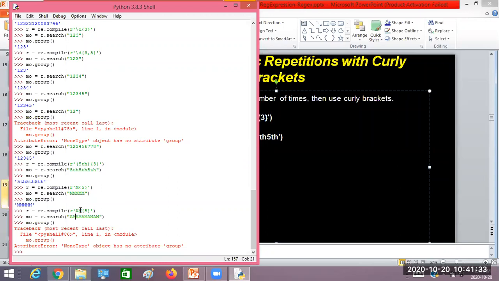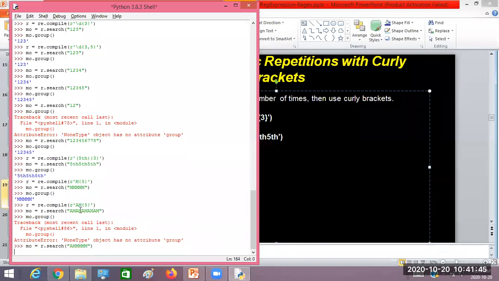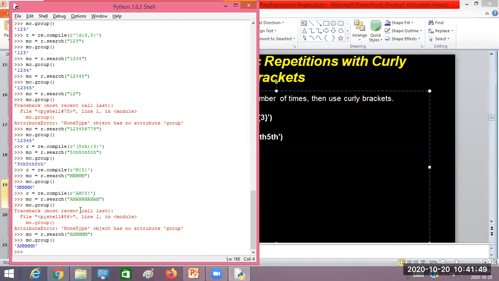But I'll tell you another one. First try to understand this one, then I'll go for another example on the same. So this time I'll remove this a. A followed by 5 m's. Now this time you execute the group function. It's going to give a followed by 5 m's. Is that clear now? Yes, sir. Now, if I want to repeat am 5 times,